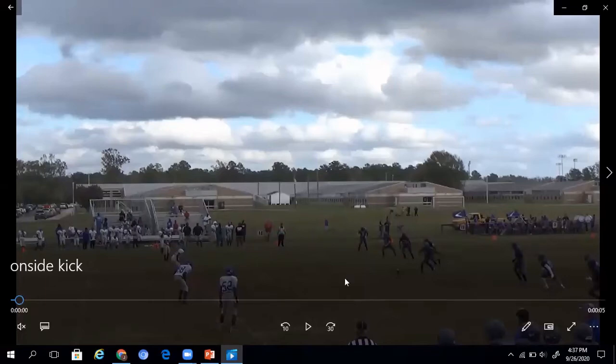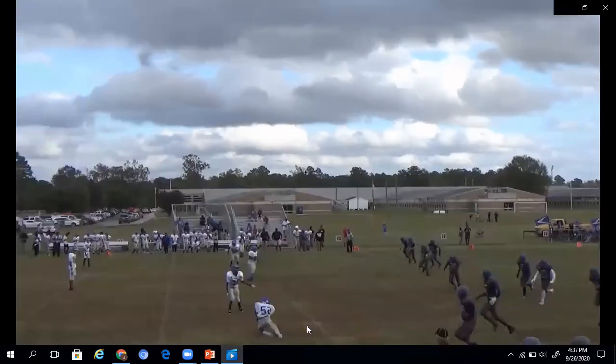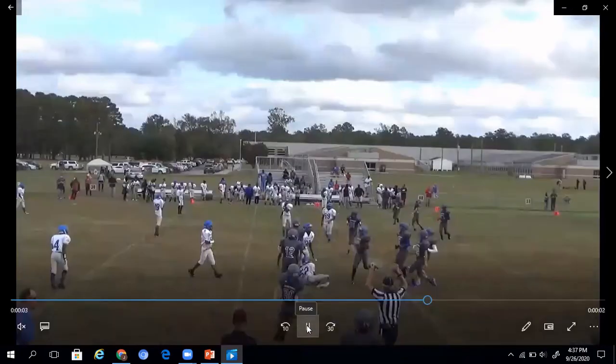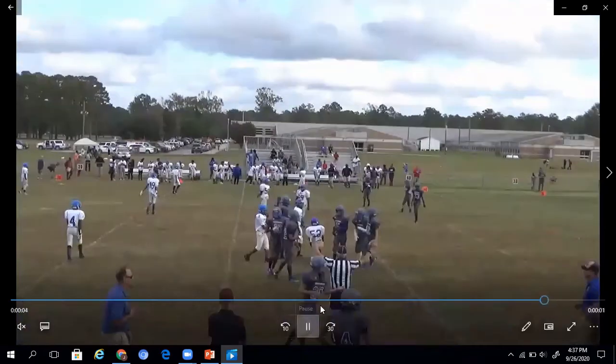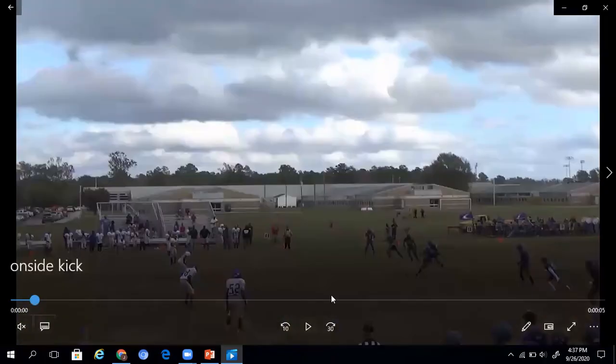So we were trying to target this boy right here because he did not seem like he was necessarily ready for the kick. Unfortunately, our kicker didn't get the greatest bounce on the ball, and he actually hit it up in the air, and it didn't actually bounce until it was almost right to the opposing player. If we were able to get a nice little hop or skip at about 5 yards, then this ball would have been a lot harder to handle. So I'm just going to play it out and show you what I was talking about. And you can see we try and develop in practice